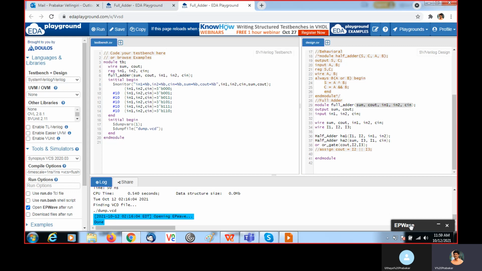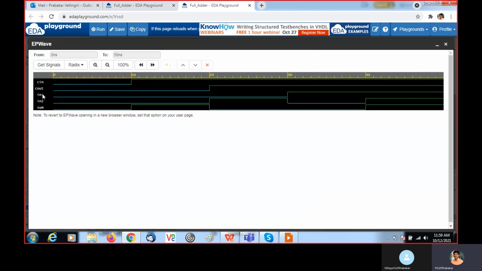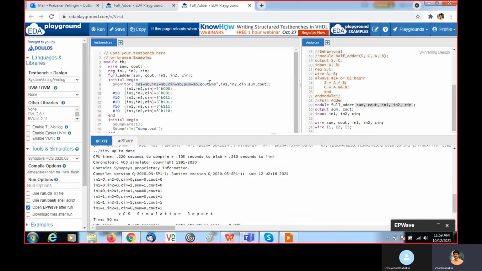If you run, automatically the waveform window will open. You can see the inputs: in1, in2, and cin you are giving as input, cout and sum you are getting as output. The corresponding input and output I am getting in the log file with the help of this $monitor.